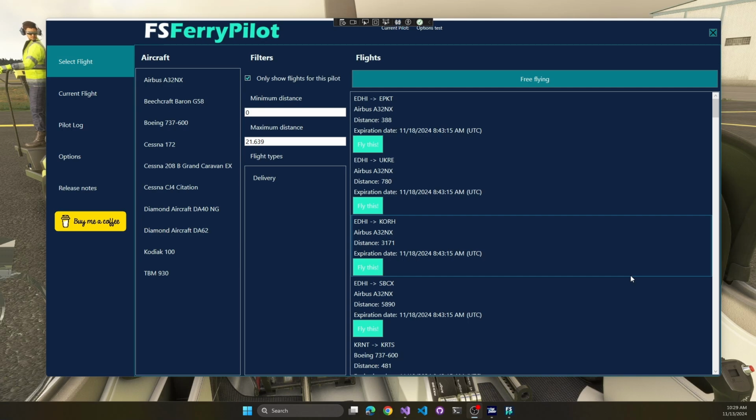Hi, welcome to another quick update on the FSFerryPilot development progress, where we're going to have a quick look at the current state for the